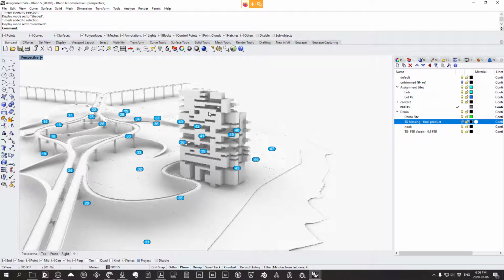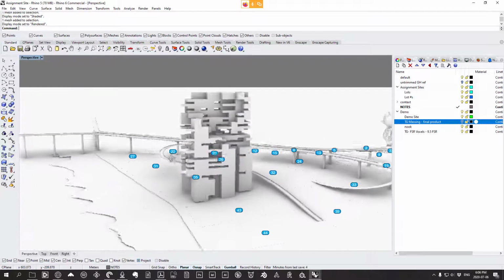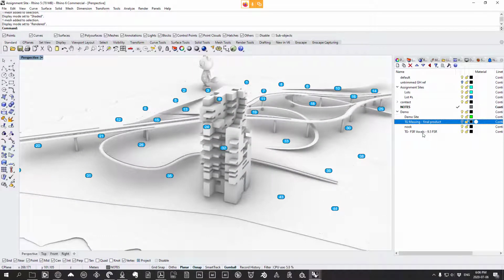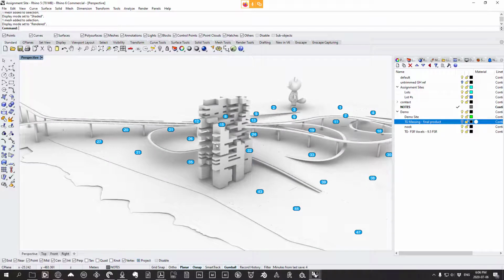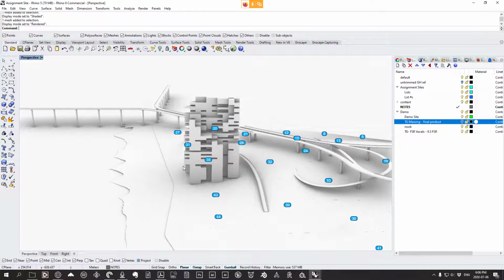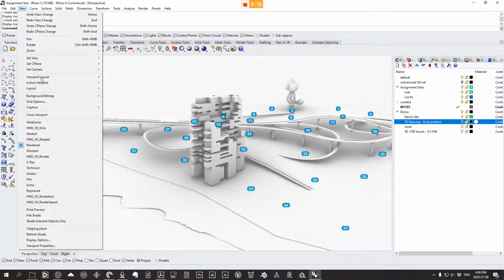There's going to be lots of ways to work within this system, but this is just a way that we're maximizing sunlight in this case, but I'm also ending up with an FSR of 9.5. So I'm going to show you how to optimize within a range of FSRs using this voxel type method. The other reason why we're going to use this voxel type method, and this ties into Unreal Engine,